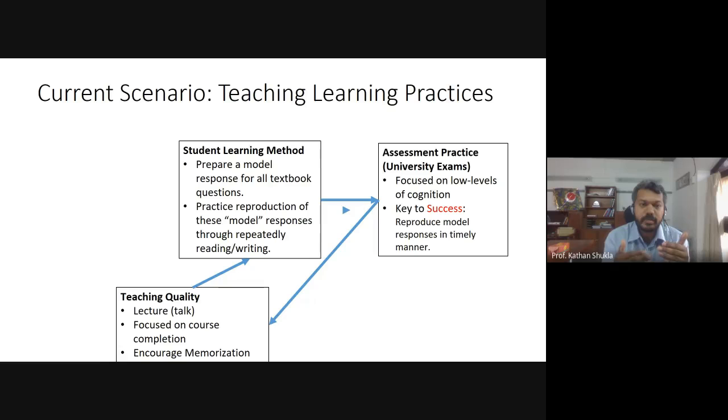But sometimes in the system that we have designed, you can also get really good score without understanding, and that is called rote learning. Rote learning is nothing but memorize तो हो गया, but अभी तक भी understanding नहीं हुआ. There is no conceptual understanding, right? But you are able to produce all those 8 points in timely manner, and that's how you can get really good scores. So आपके as a faculty member, you would also experience this.